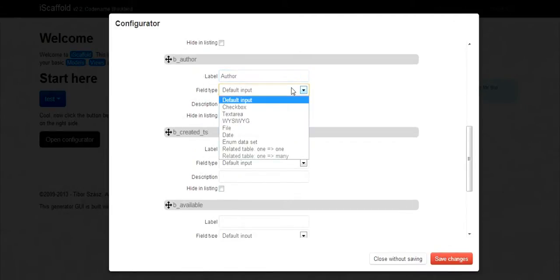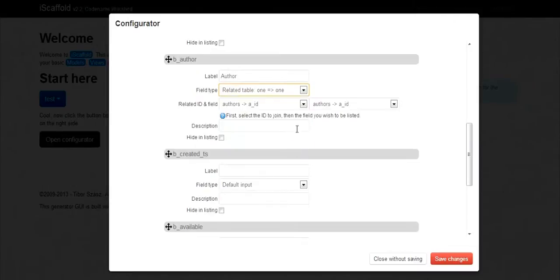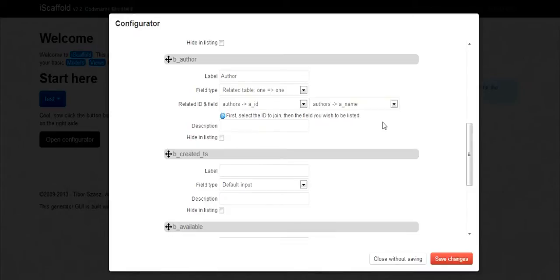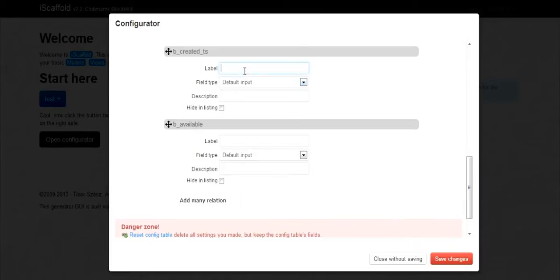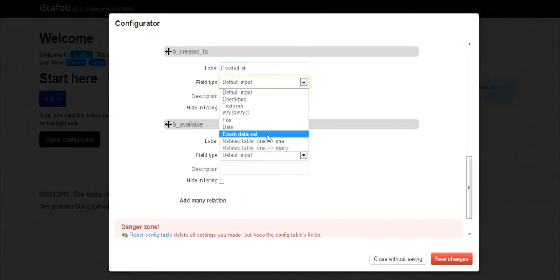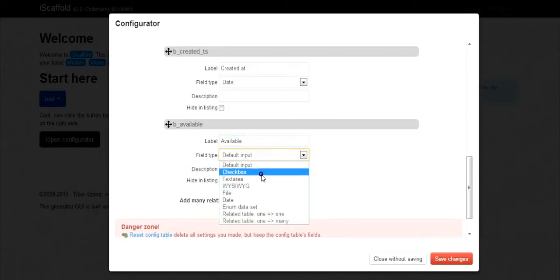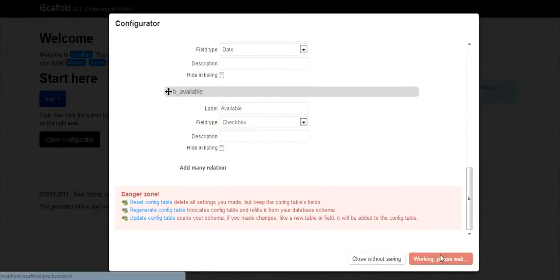and this is where we join the other table. It will be a one-to-one relation, and all we have to do is change the second drop down to name, because that's the field that we're going to see in the drop downs and on table listings. Let's call it created at, and this should be a date. Let's make it a checkbox. Yes, we save everything,